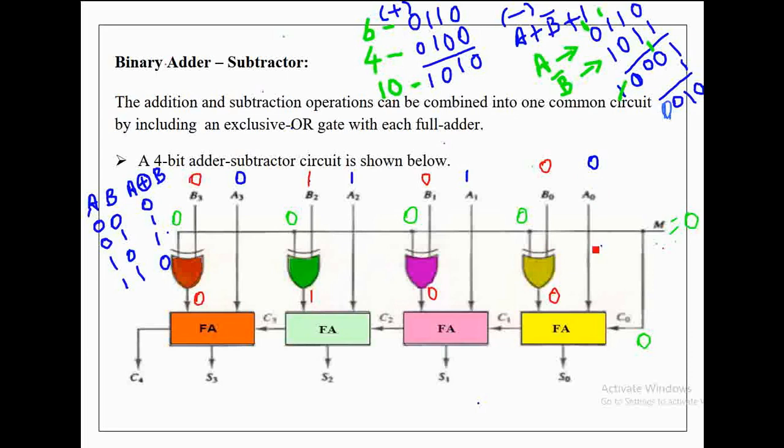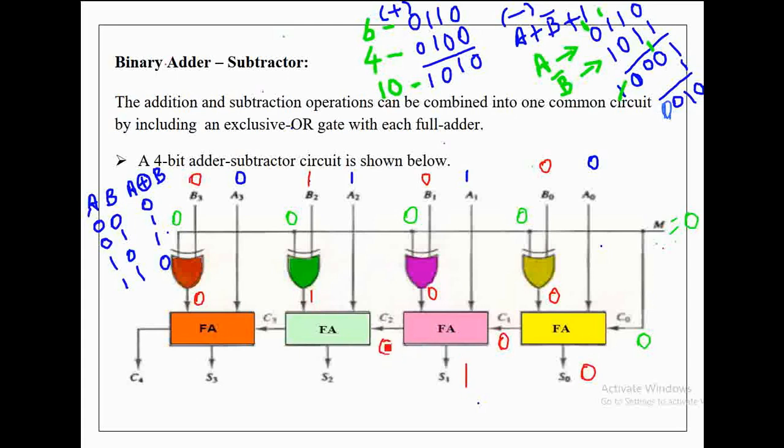Now the circuit receives the bit values of A, the bit values of B and the input carry 0. Now let's check how this circuit performs binary addition. Let's start from the rightmost full adder. The inputs to this full adder are 0, 0, 0, and it performs addition on these three inputs and produces the sum value 0 and the carry value 0. Now the next full adder receives three inputs 0, 1, 0 and produces the sum value 1 and the